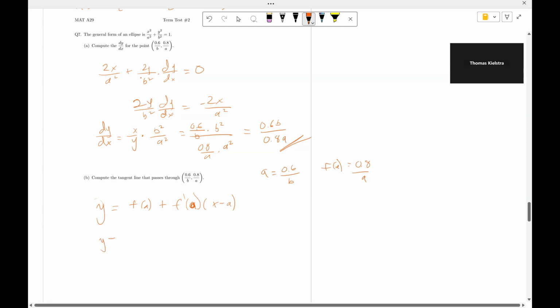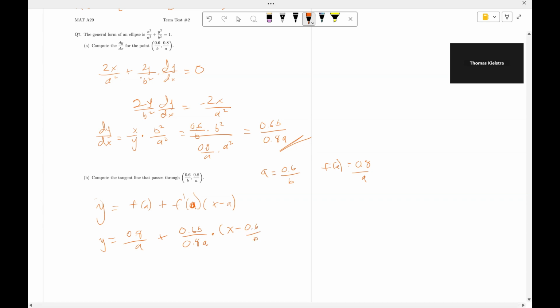So y equals 0.8 over a plus, and the derivative is 0.6b over 0.8 a times x minus 0.6 over b. And this is our general form for the equation of the tangent line,